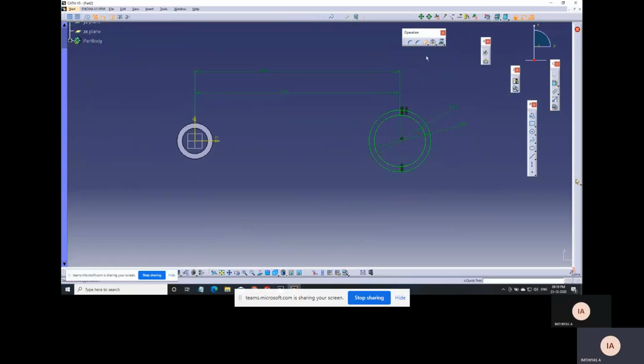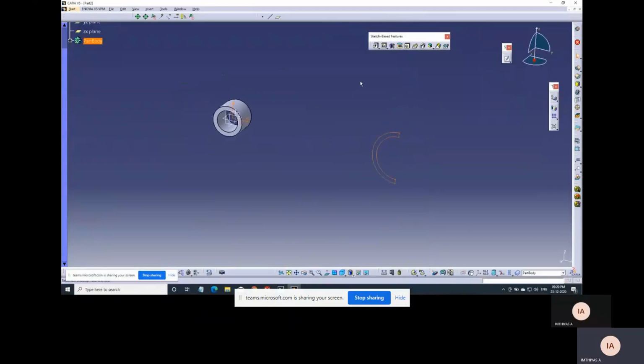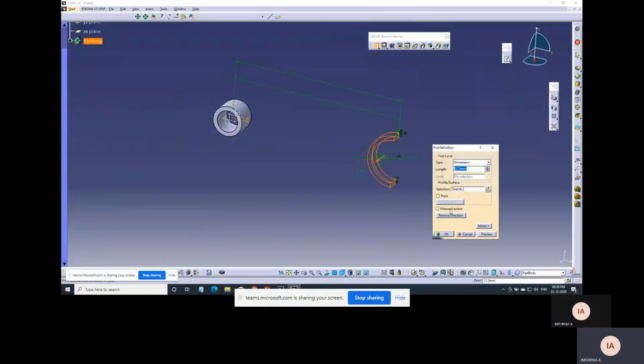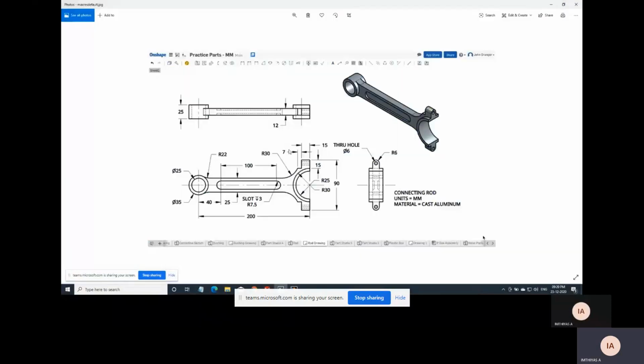Using mirror extend, we made another line which cuts exactly at the center. So we have to remove half of the circle. This is a closed section. Now using the pad command, we can add material with mirror extent of the same size, 12.5 mm on either side. So the big end, the half circle, is made.